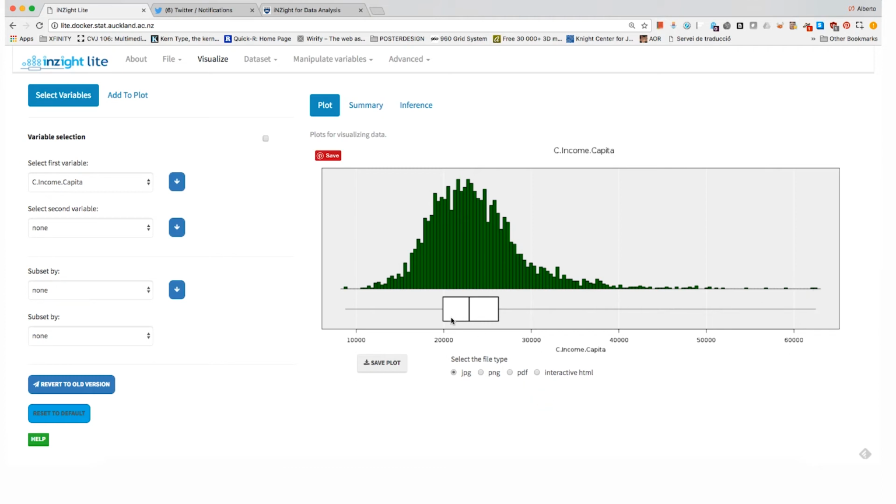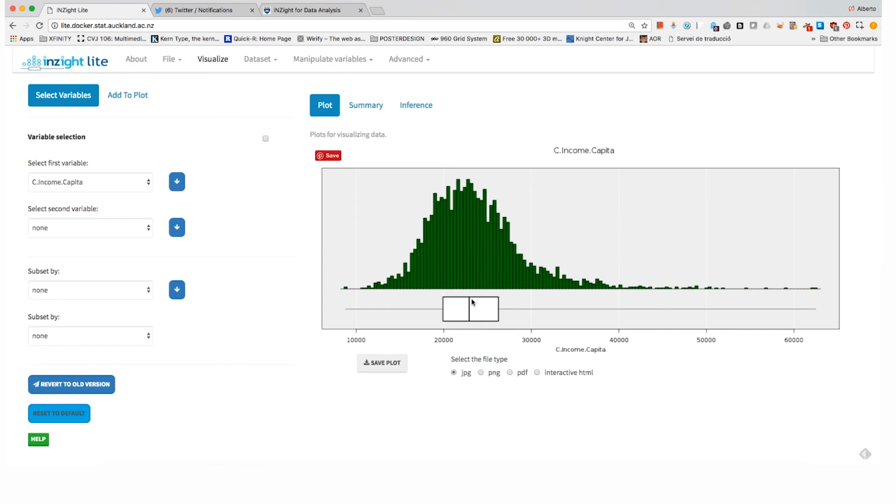And then the box that you have here in the middle, the line that divides that box in two, is the median value, which is one of the kinds of averages that we can use. This is the value that divides the distribution in two equally sized portions. Remember that we had like 3,000, imagine that this is 3,000 counties. It's a little bit more than that, but let's imagine the distribution is 3,000 counties. This means that half of them will be below this number and half of them will be above that number.